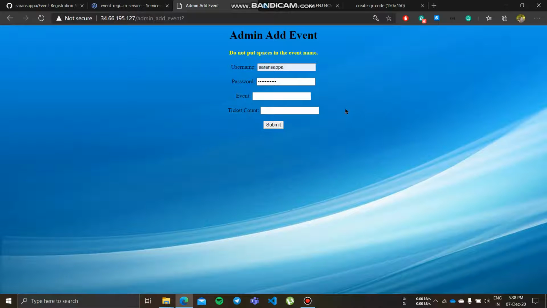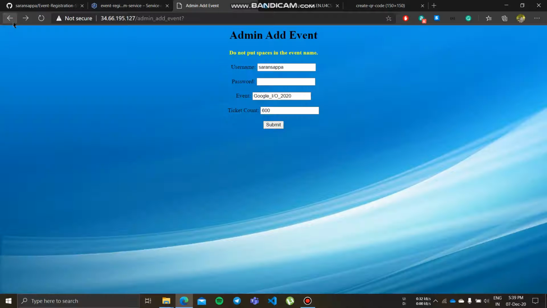Let's say there is a new event called Google I/O 2020, and let the ticket count be 600, and when we press submit, the event gets added to the MongoDB database in the event section.